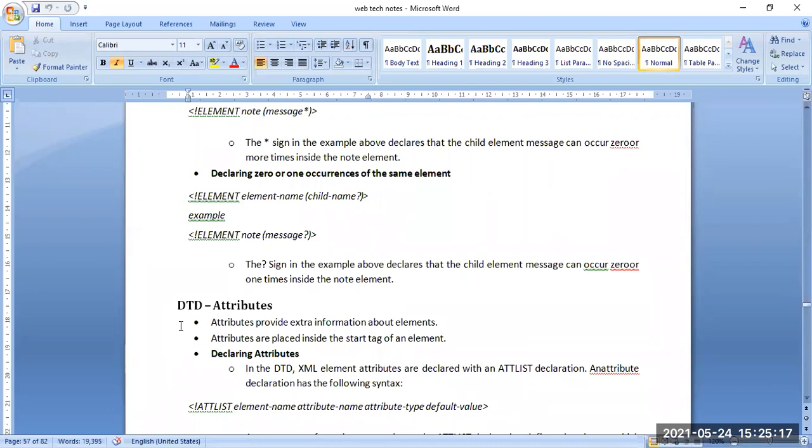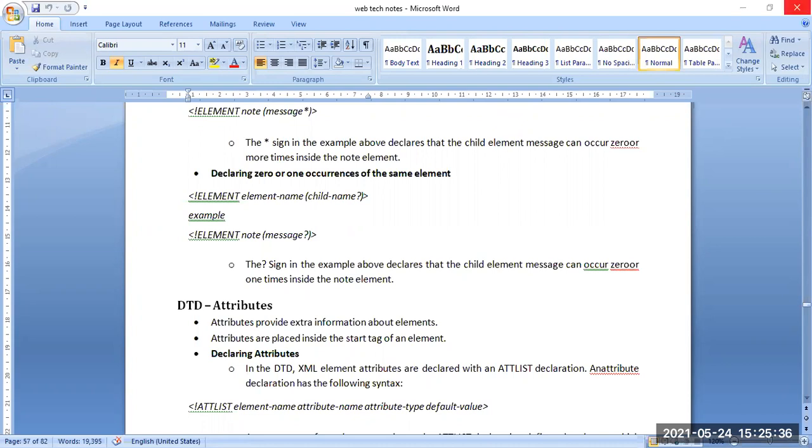These attributes are placed inside the start tag of the element.